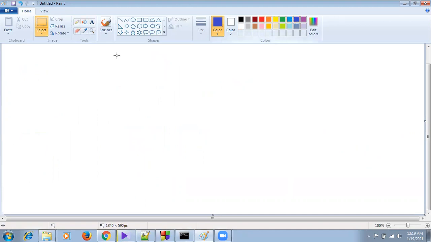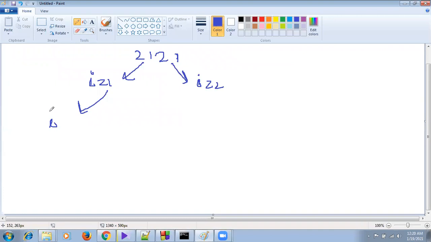If we take the string 2 1 2 1, and we break this string here at I equal to 1, here at I equal to 2, here again at I equal to 2, here at I equal to 3, here at I equal to 3, here at I equal to 4.